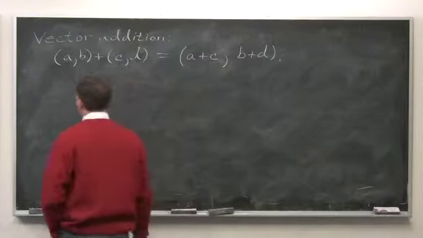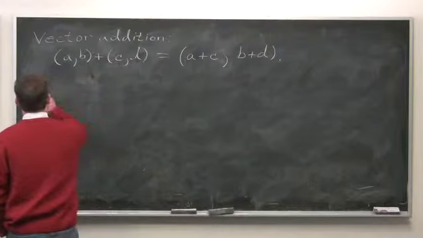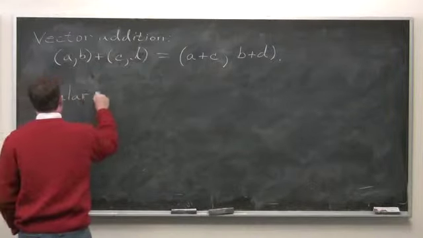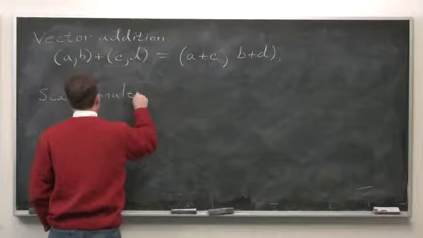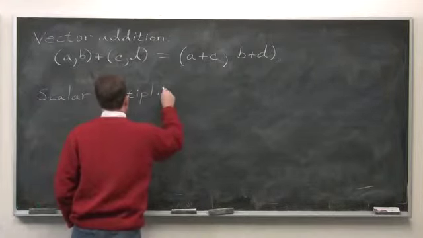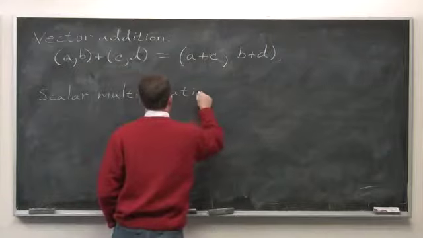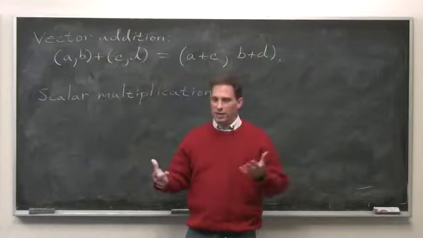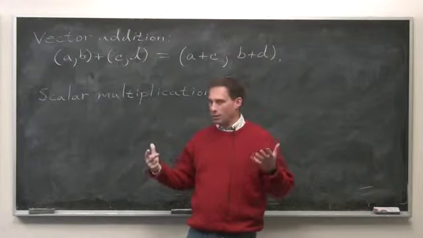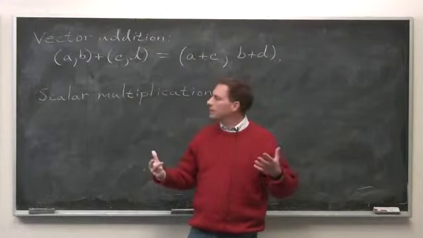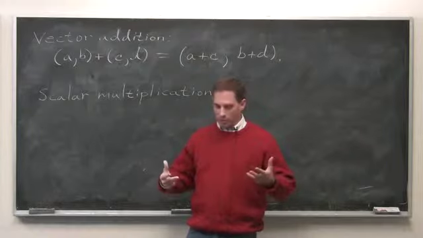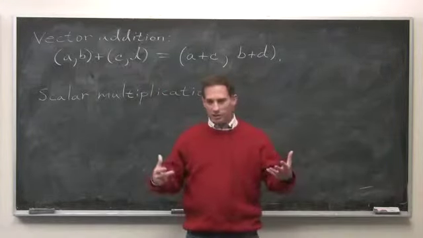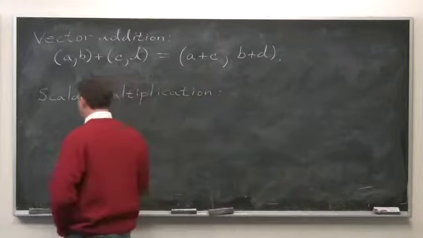That's vector addition. Vector scalar multiplication, where you do not multiply two vectors in this. In a minute, we're going to have something called the dot product. But this scalar multiplication, the reason you say scalar is so that you make it clear you're not taking one vector times another vector. You're taking a real number